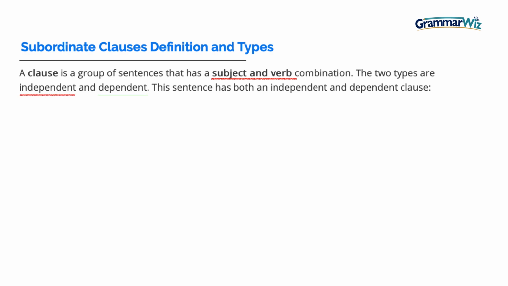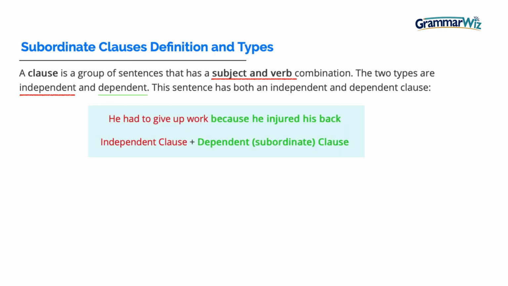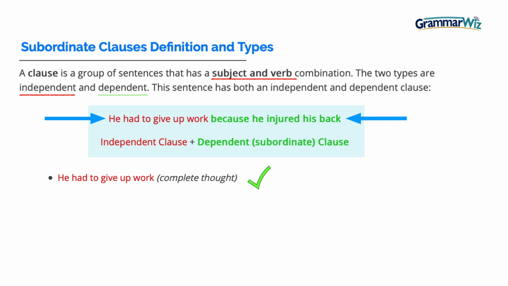independent and dependent. So this sentence has both an independent and a dependent clause. If we look at the independent clause, he had to give up work. An independent clause is a complete thought, which means it can be used on its own. However, a dependent clause, because he injured his back, that is an incomplete thought, so it can't be used on